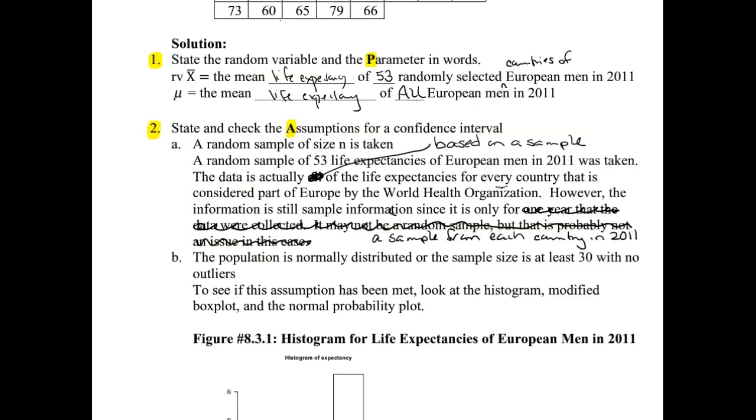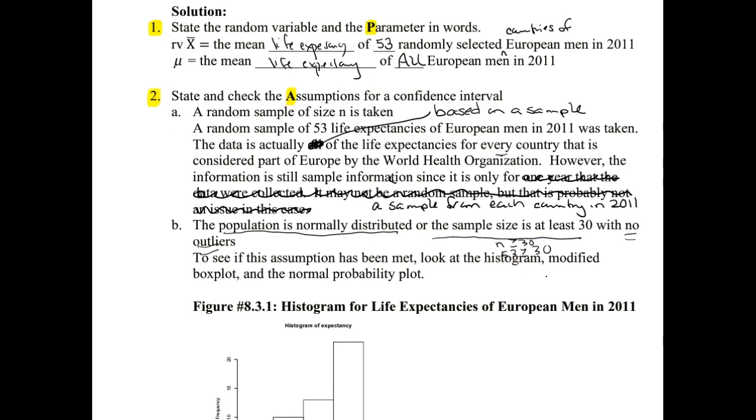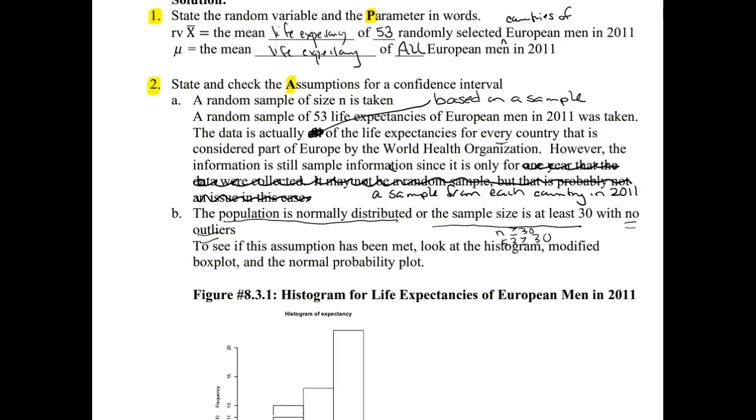The second condition is that we either need the population to be normally distributed, or we need the sample size to be at least 30, and we need to make sure that there are no outliers in the data set. In this case, we are given data, so we don't see the word normal anywhere in the paragraph, but we do have a sample. Here n is at least 30 because we have 53 numbers in our data set. But we are going to run through the graph checks just to refresh our memory on how we would do that. And we also still need to check that there are no outliers in the data set